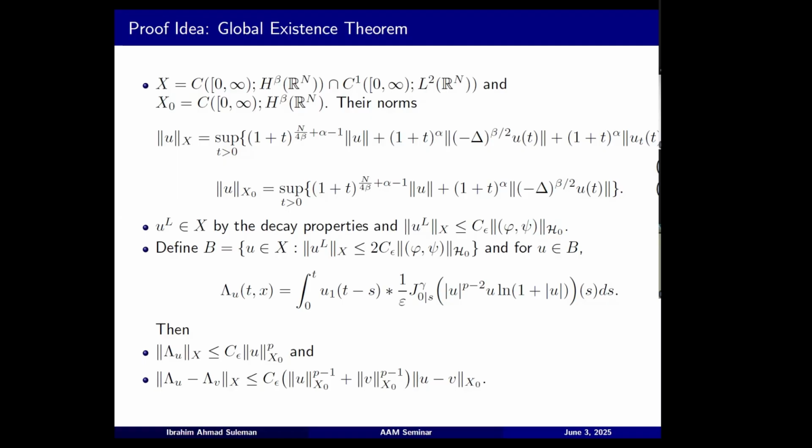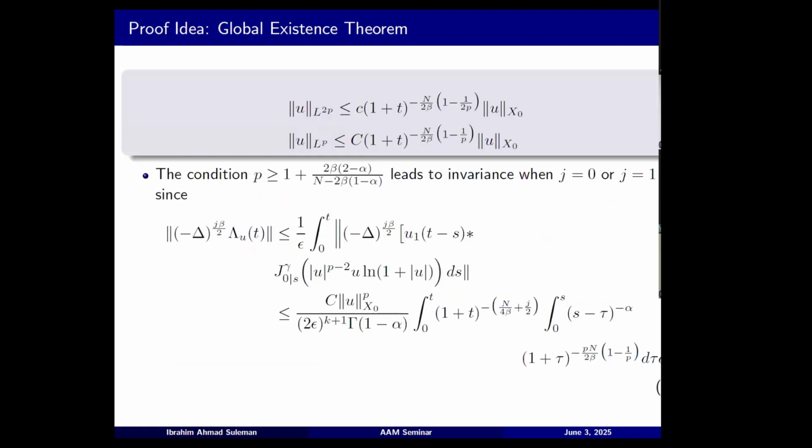In this case, now, since we have u in X, we don't have to bother. We already have our decay. The linear solution exists for all time. So the part of the solution that could present us some potential problems is the integral part. So we define our operator on the ball as such. As before, we'll prove that the ball is invariant under the action of the operator lambda, and we'll show the contraction property. Though, as before, now there's a difference.